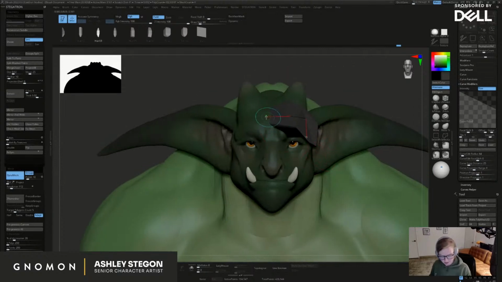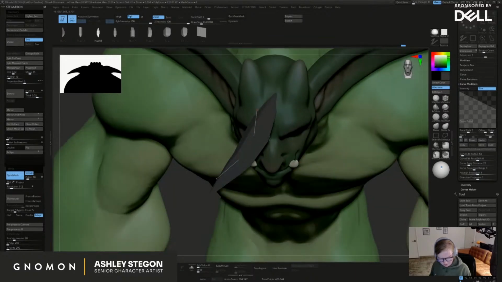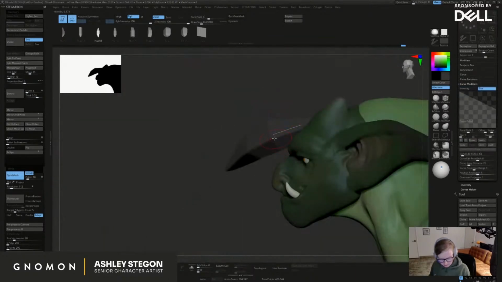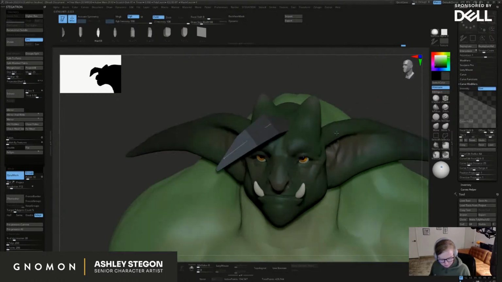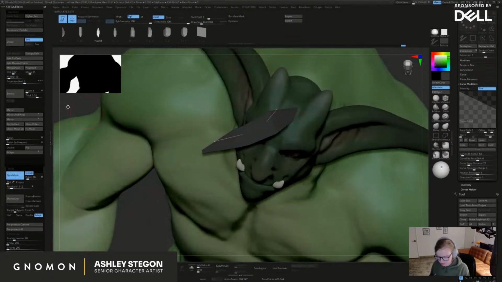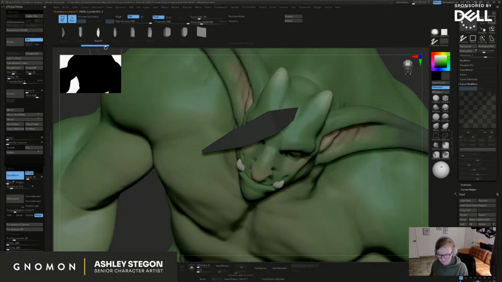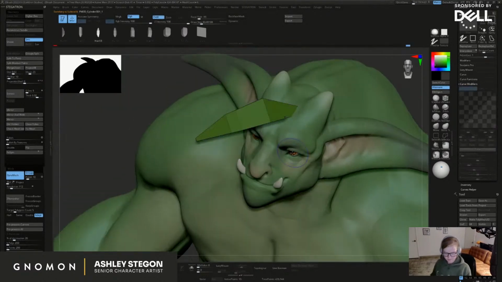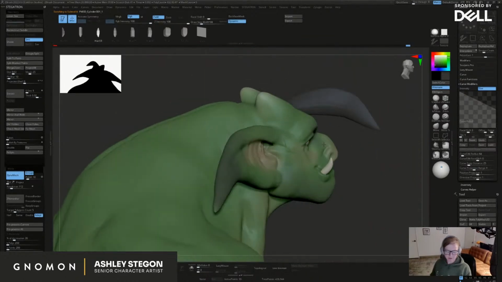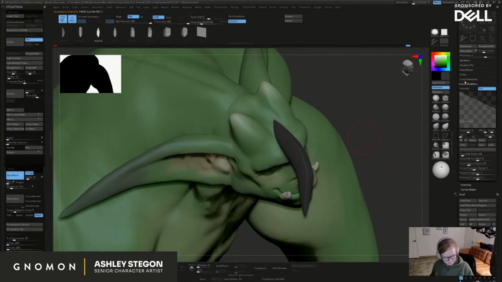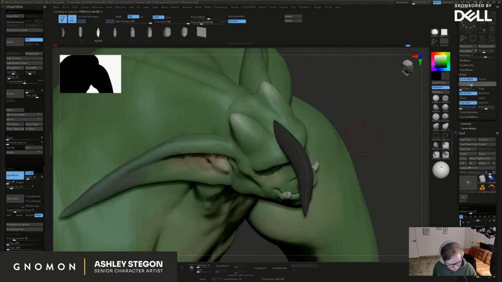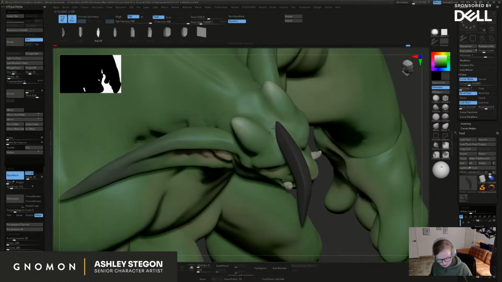So he has some hair. It's actually on the other side, but this is how I like to start hair, keeping it really simplified. It's super helpful. So I'll split that off. And you can see when I smooth it, it'll look fine. And then lower the curve step a little bit, just so I can get a bit more resolution off of this, and then I can start to